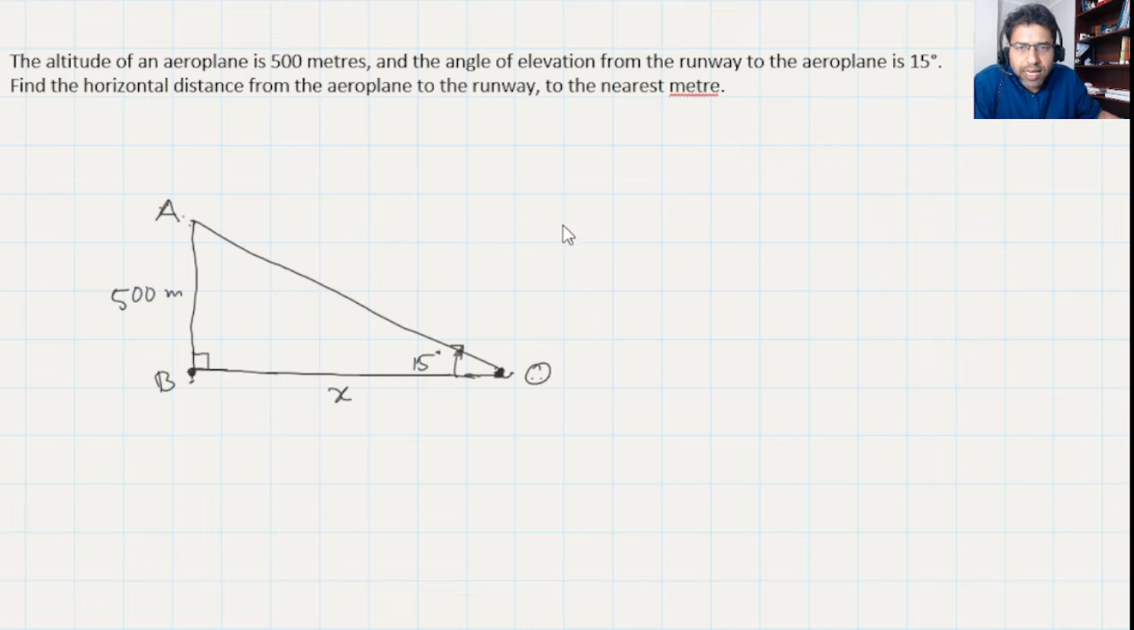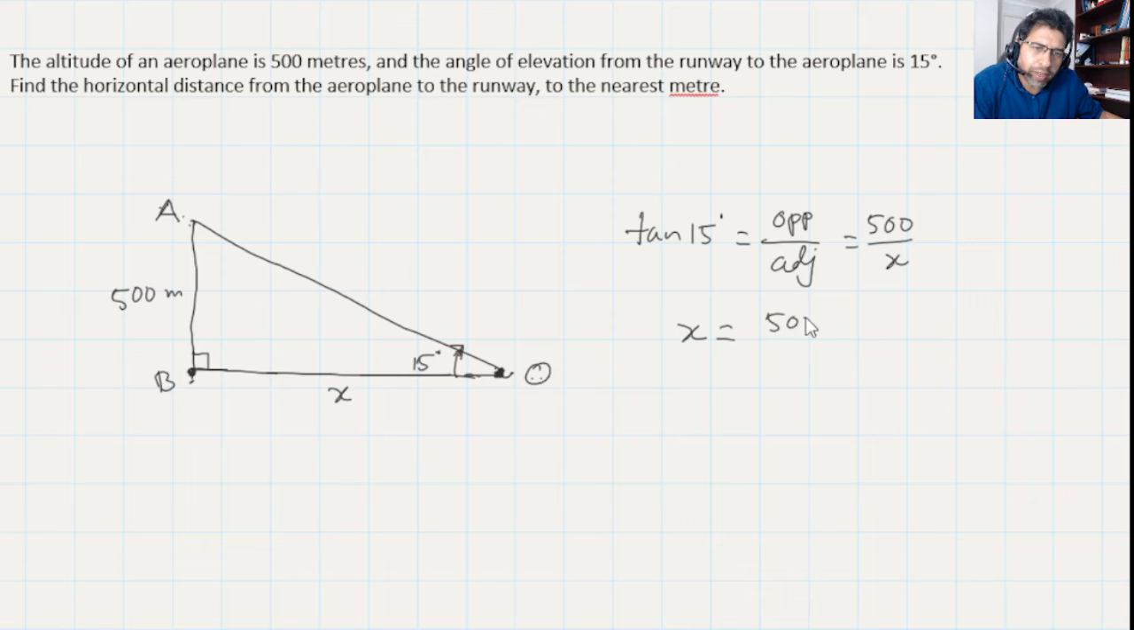to find the x. And you can easily say, okay, how about tan theta, because tan theta, in this case theta is 15 degrees, is opposite over adjacent, SOHCAHTOA. In this case our opposite will be 500 and our adjacent will be x, which is unknown. So now if I do the cross multiplication, it is x equal to 500 over tan of 15 degrees, right? Tan of 15 degrees. And if I do it in the calculator,